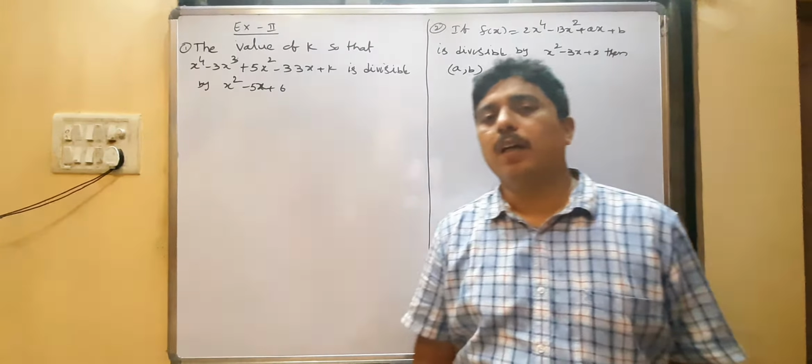Then find the remainder when P of x is divided by x square minus a square. That is what is being asked. I will take r of x to be the remainder, so P of x equals divisor times quotient plus r of x. When divided by x plus a, what is the remainder? It is a. That means x plus a equal to 0, then x equal to minus a. That is, r of minus a equal to plus a is given. And x minus a equal to 0, then x equal to a. So r of a equal to minus a.